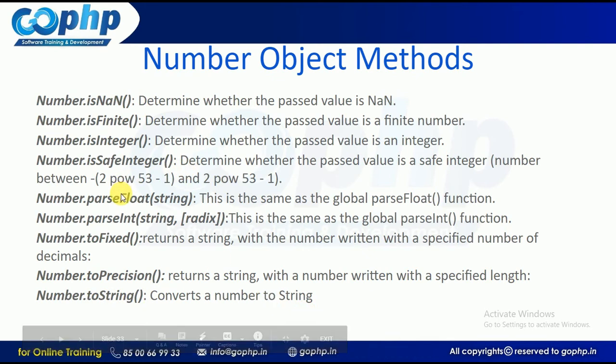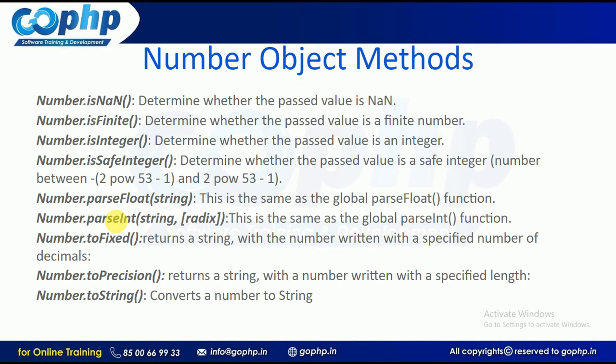For example, I have two text boxes. In these text boxes I will enter number 1 and number 2, and I want to click a submit button to add these numbers. When you are reading data from an input box, that data will come as a string. Even though you enter a number, it will become a string. If it is a string, definitely we have to convert it into a number. To do this, we can use either parseInt or parseFloat or the Number object also. This is simply said, typecasting. So how can we convert one data type to another data type?